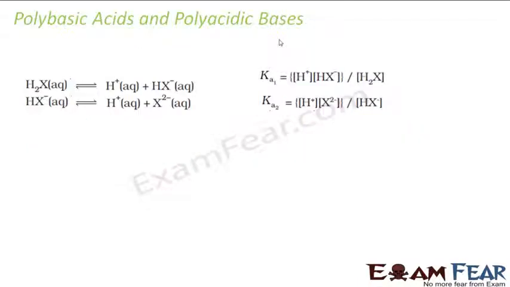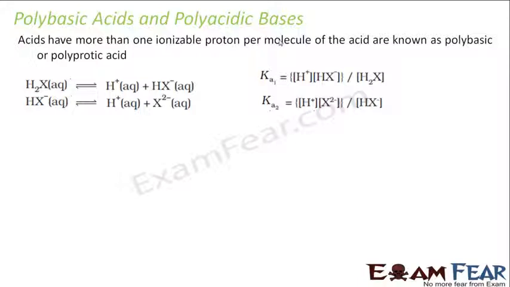Now we'll take polybasic acids and polyacidic bases. So what are these? If you see something like H2SO4, it has more than one proton. Acids which have more than one ionizable proton per molecule are called polybasic acids. Example, in this case H2SO4